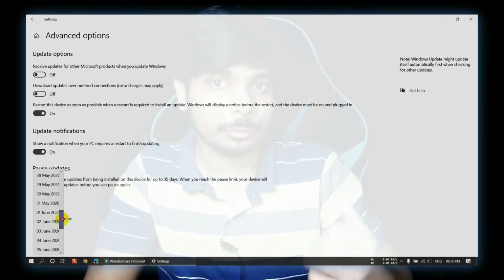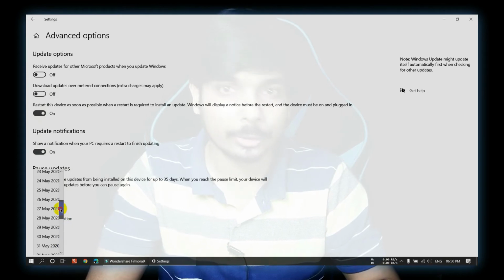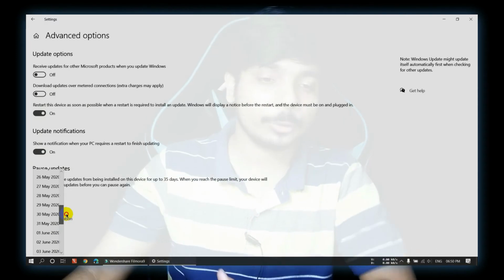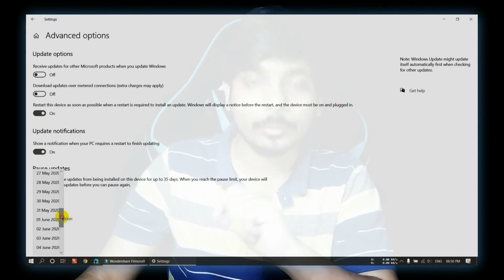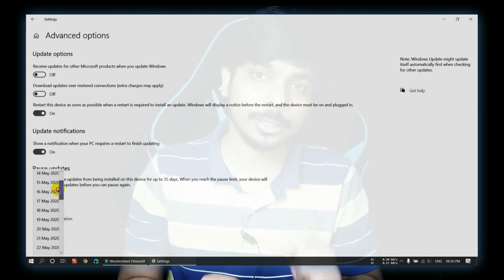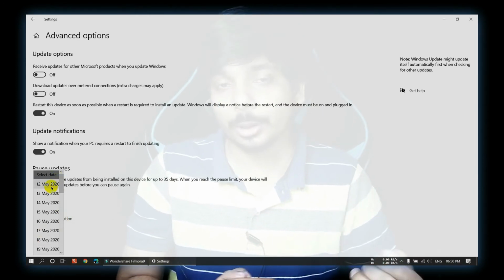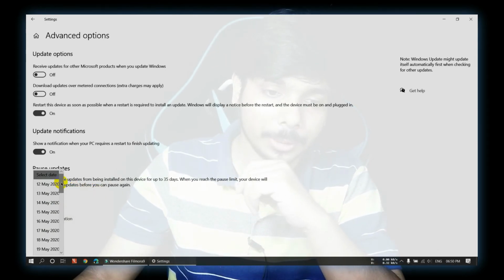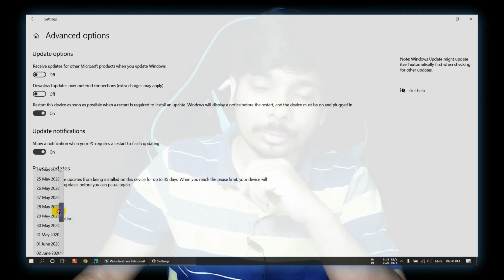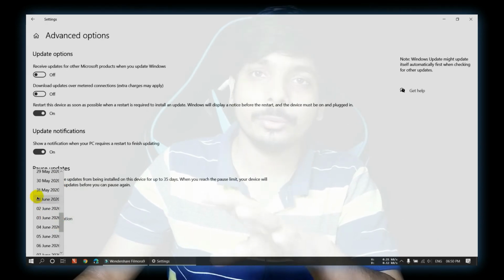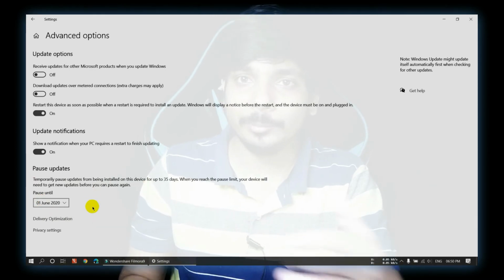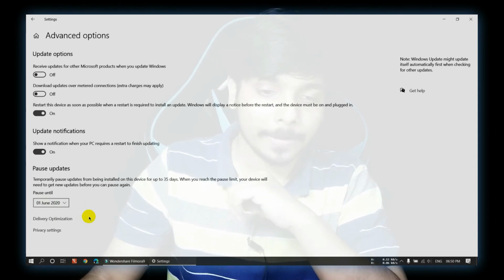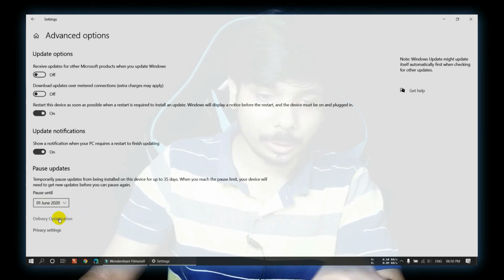What I will recommend is that if you are on a monthly data plan, it happens that at the end there is some of the data which is left. So whensoever the day your data gets renewed, just select a day or 2 days before that date. What I do is my data gets renewed on 3rd of June, so I select 1st of June because it gives enough time and enough data to get this system updated. Again, that's done, and there you will see the option delivery optimization.